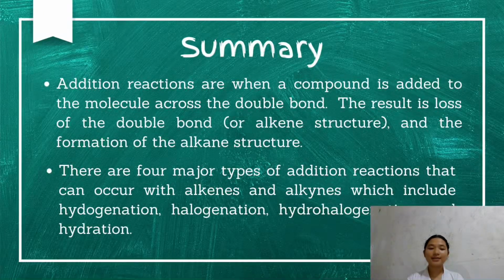Addition reactions are when a compound is added to a molecule across the double bond. The result is the loss of a double bond or alkene structure and the formation of the alkane structure. There are four major types of addition reactions that can occur with alkenes and alkynes, which includes hydrogenation, halogenation, hydrohalogenation,